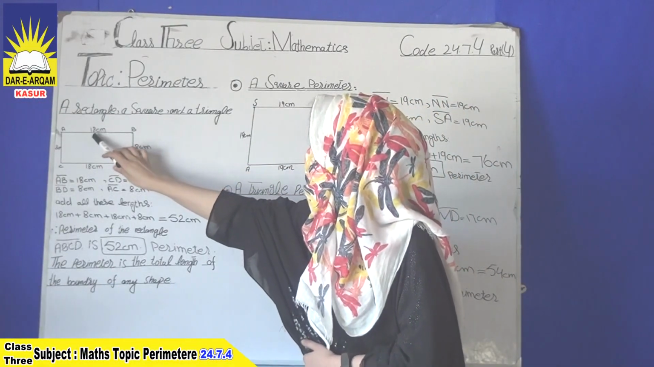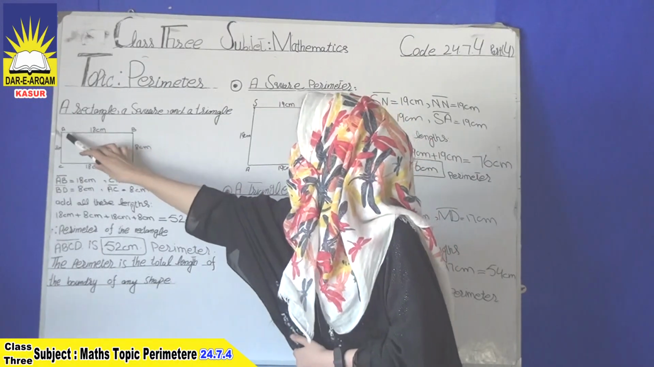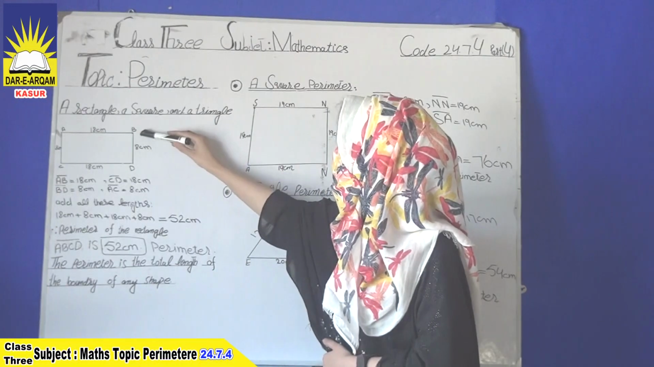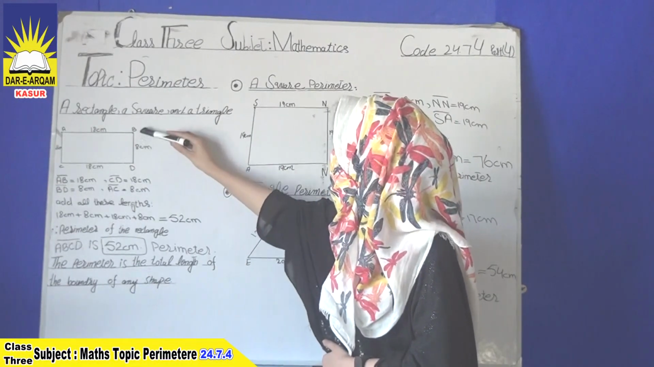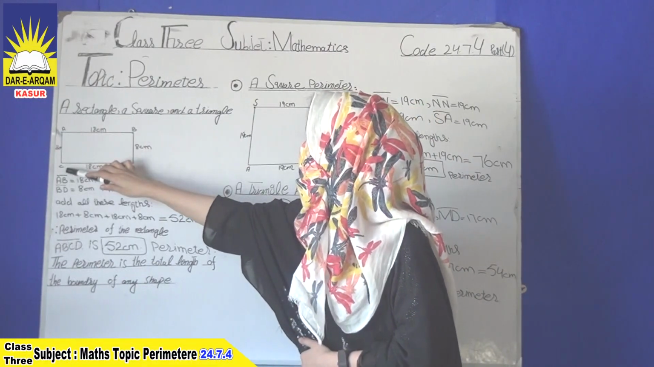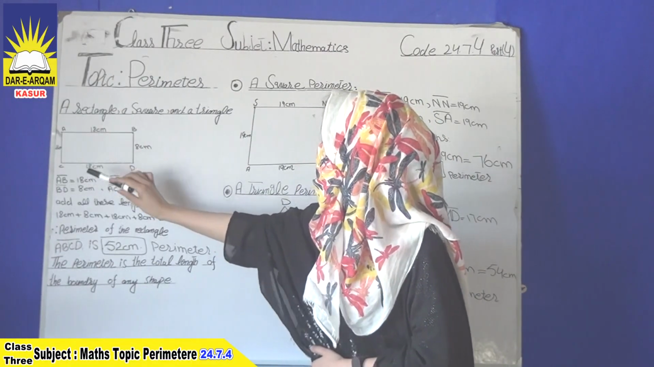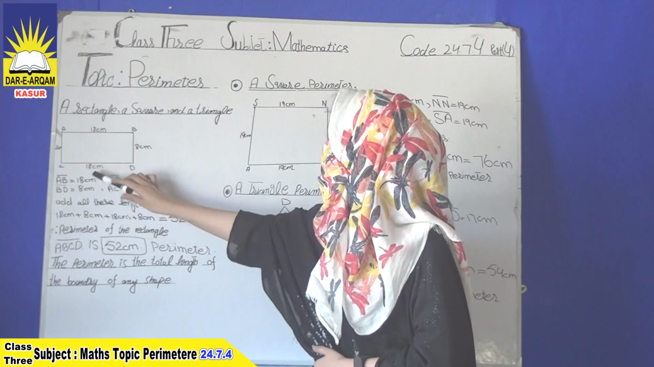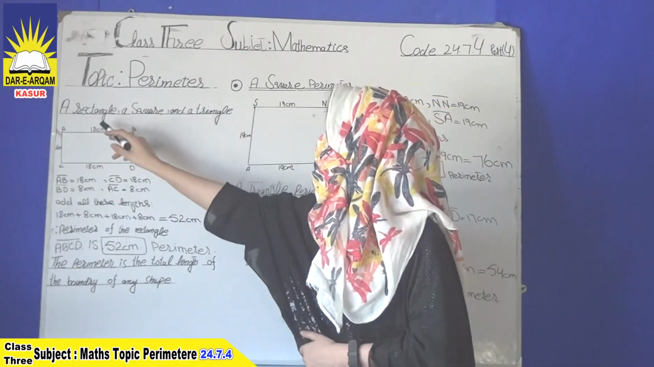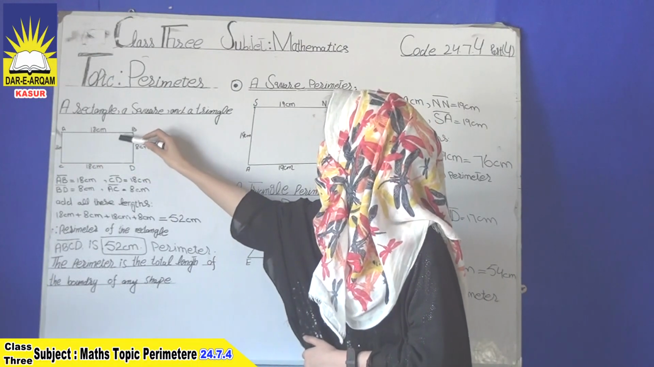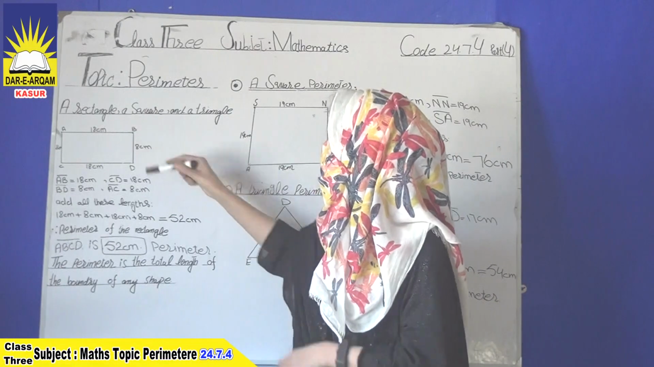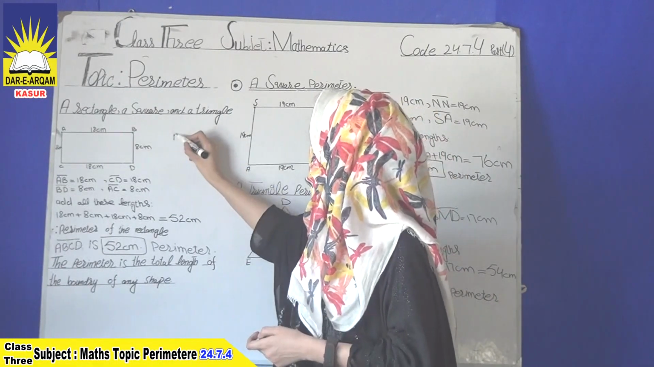This line AB is 18 centimeters, and the next line BD is 8 centimeters, AD is 8 centimeters, and CD is 18 centimeters. As you know, a rectangle's width is different from its length. So these two sides, like AB,